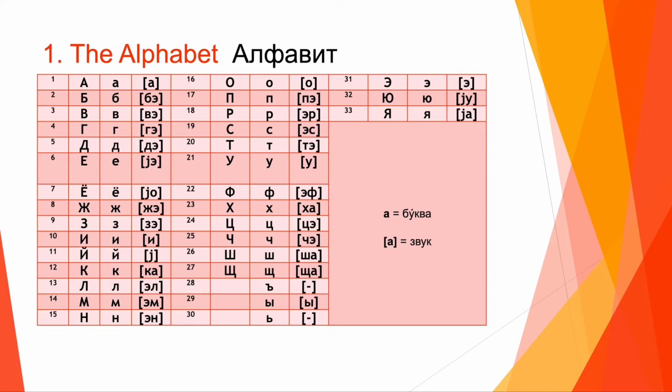So the first one, A, A, B, B, V, V, G, G, D, D,